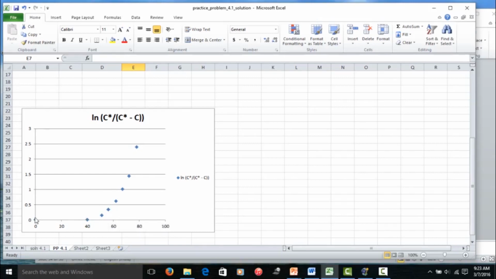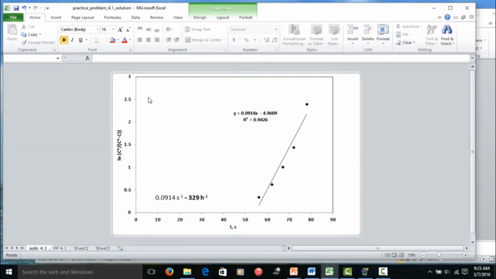We are going to drop the first 3 points which are in the nonlinear region. If we do that, then we get a curve like this. This is plot of log of C star by C star minus C versus time. As you can see, about 56 seconds is the point at which the linearity began. We used all the points here. Of course, this is experimental data, so you don't expect it to always fall on an exact strict line. This is good enough. The R squared value is about 0.94. That's probably the best that is obtainable from this particular data. And this is the equation, the fitted equation. The slope is